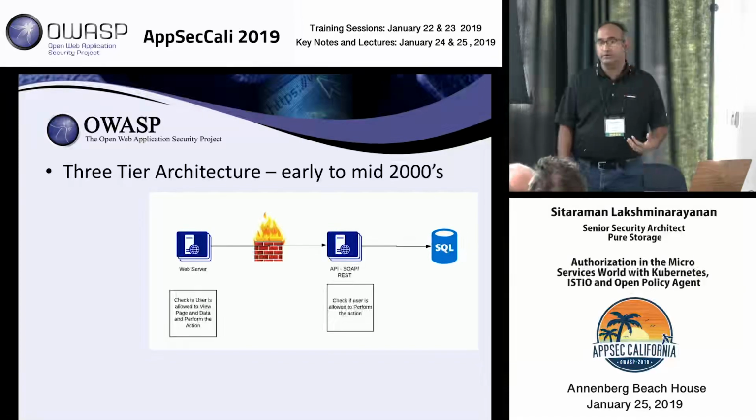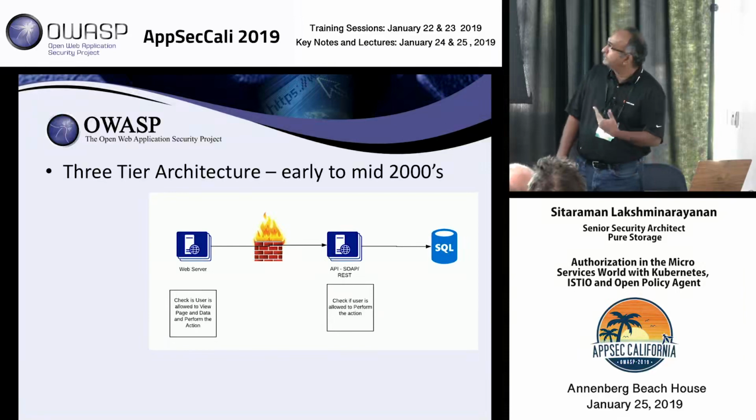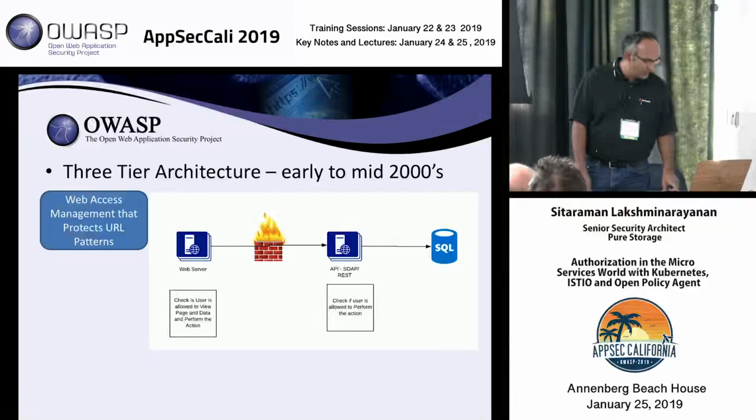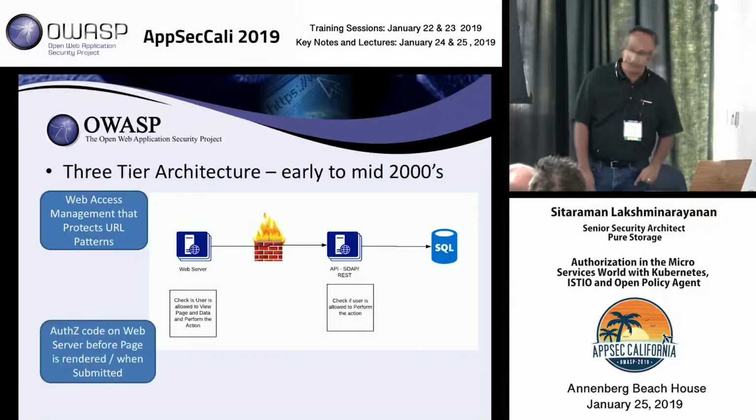You end up putting controls on the web page saying who can actually view the page, who can actually click save, who can actually post. But then when you invoke the API, you want to make sure that you can enforce access control on the API. So when people started building web applications on the very first iteration, what happened was